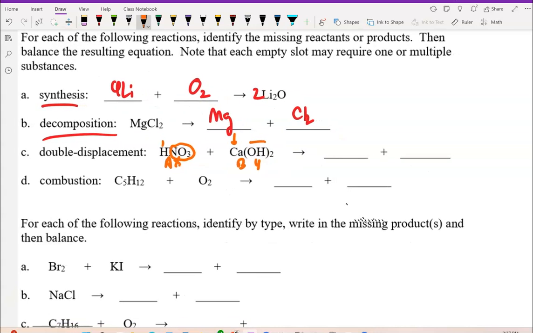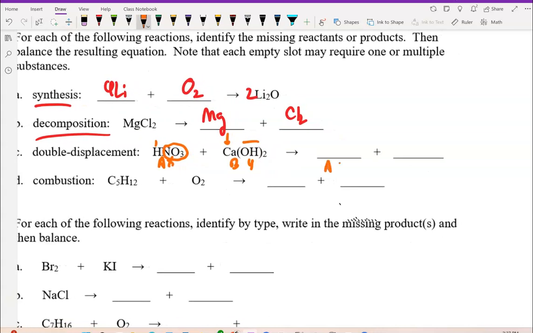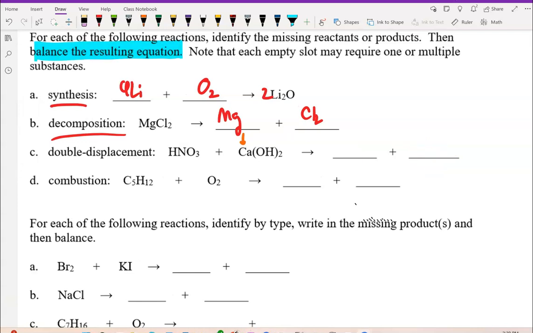When I put them together, it doesn't really matter what order, but we know we're going to get AY and BX. There's our AH, there's our YOH, there's our BCA, and there's our XNO3. Okay? So if you want to write this correctly and you want it to balance,